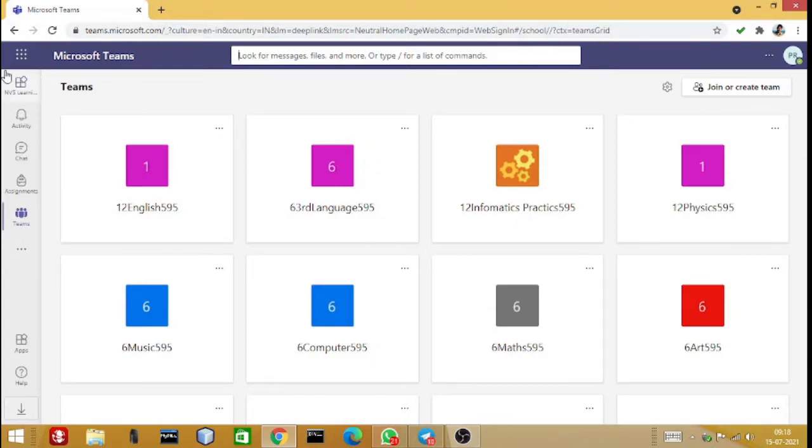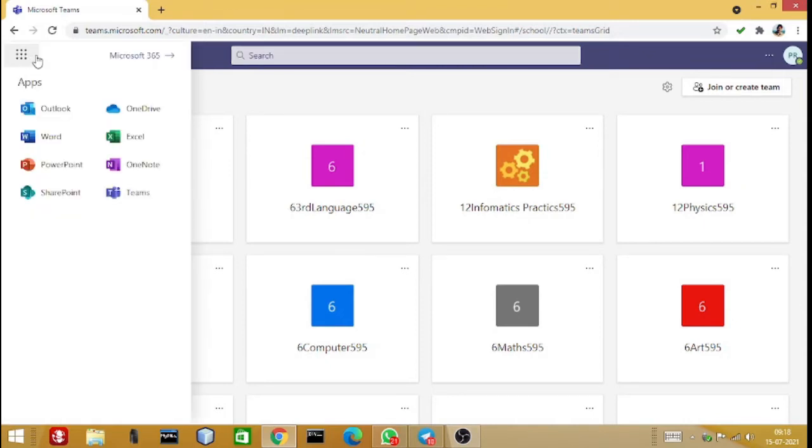So you can see I am already logged in, and this is not the desktop version, this is the web version. Why I'm talking about the web version is because from the desktop version you have to come to the web version anyhow. So now on the main page you have to find these 9 dots.